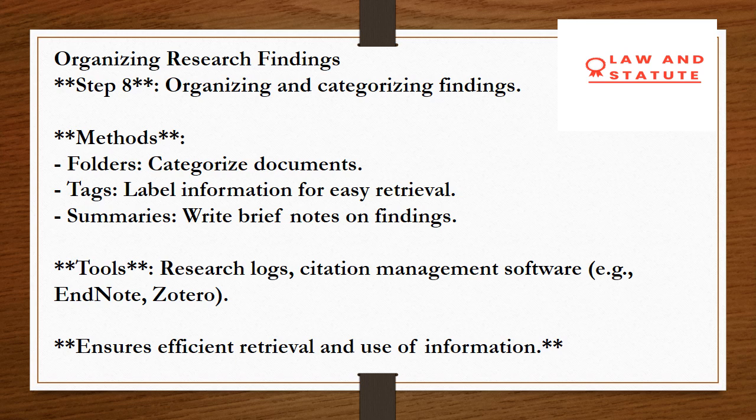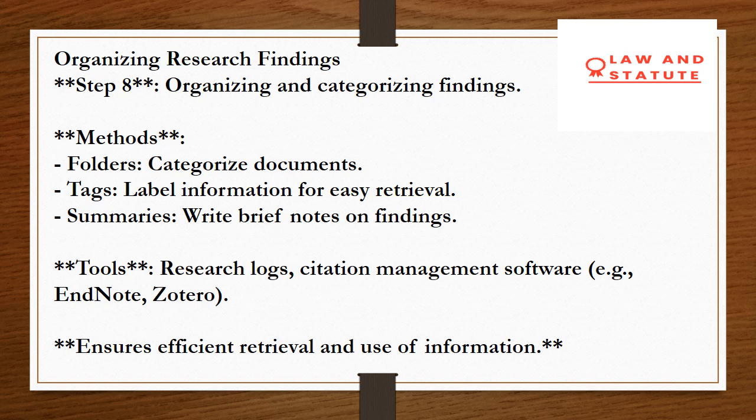Instead of writing citations yourself, manual citation is a very good thing if you can do it. But there are so many websites which are free, which you can use. You can just write in Google "free citation" and you'll get the website. Just write down the case number and they will give you the citation in whichever format you want, whether you want it in OSCOLA or in another format. They will put that in that format and get you the citation ready-made, and it saves a lot of